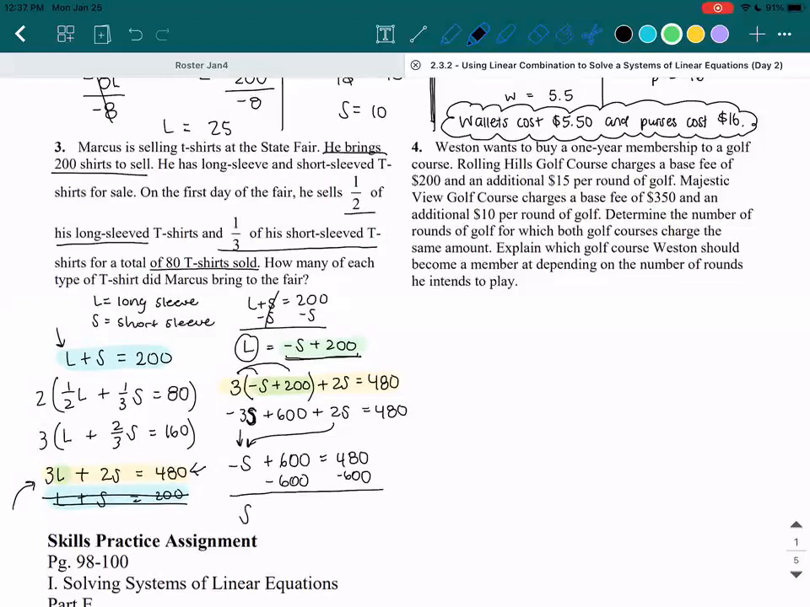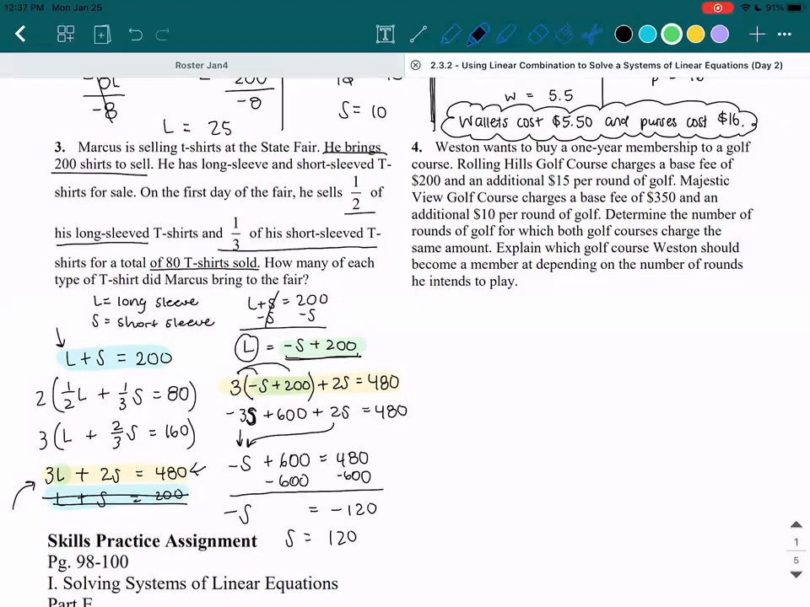We get negative S is equal to negative 120. But we want positive S, so all we have to do is switch it around. S is equal to positive 120. If negative S is negative 120, then positive S is positive 120. So we are not quite done yet because we only know the short sleeves amount, but we still need to